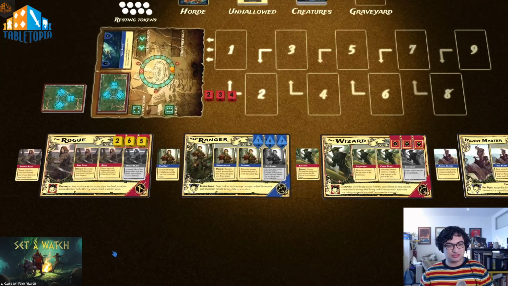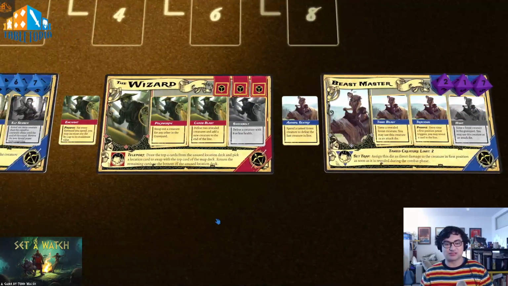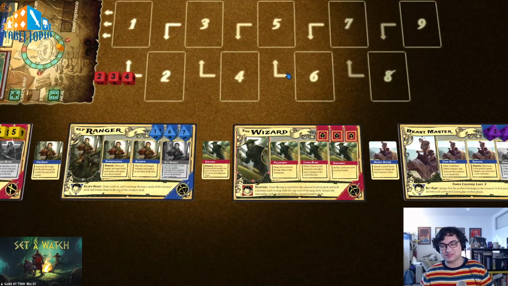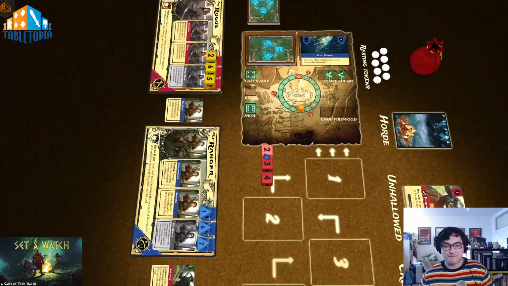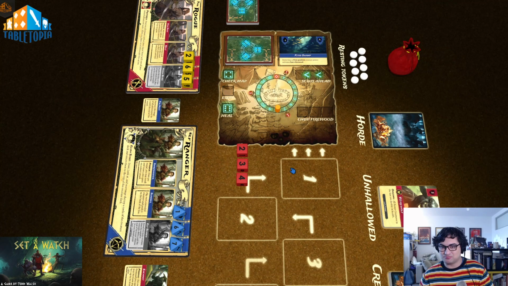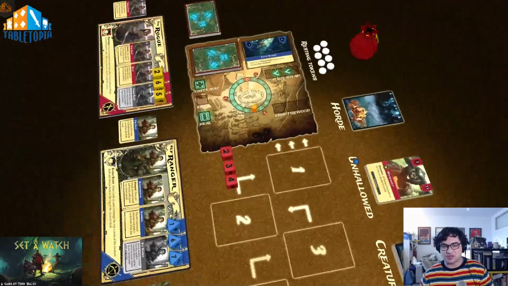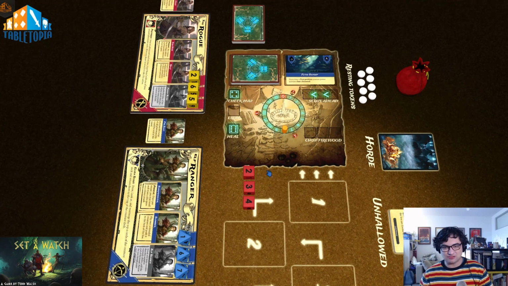You'll notice here that every character has a flipped over ability card when they start the game. By going to camp, the Wizard automatically gets to heal one of his abilities. That sets him up for future turns. So I could chop some firewood, which would give me 2 firewood and bump me up along this track. I could also scout ahead, which lets me look at upcoming creatures to see if they're too dangerous for me. I think I'll definitely...